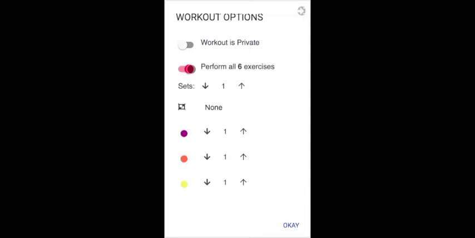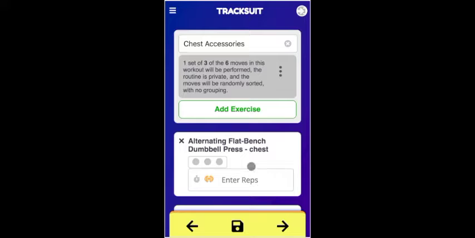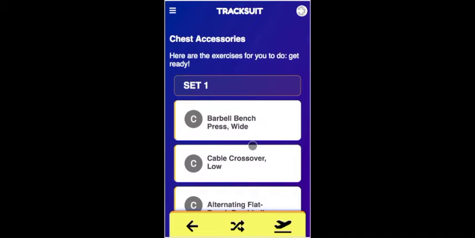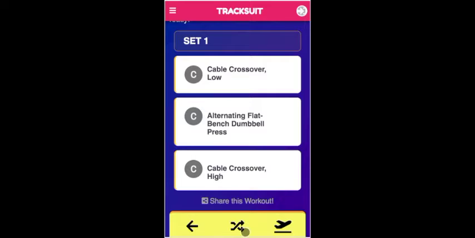So by default, the workout that is created for you will be 6 moves long. But if you don't want 6 moves, you can deselect this, and you get a little slider. And then I'm going to say I want to perform 3 exercises. And then you can see what this does here. This creates a workout of 3 exercises, and it's kind of cool because it's getting 3 of the 6. So I can say I just want 3,